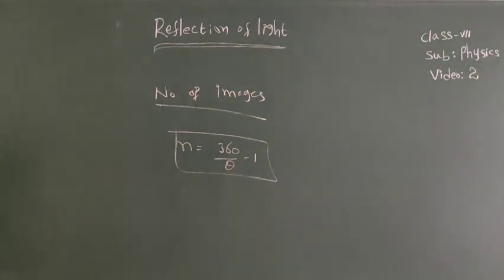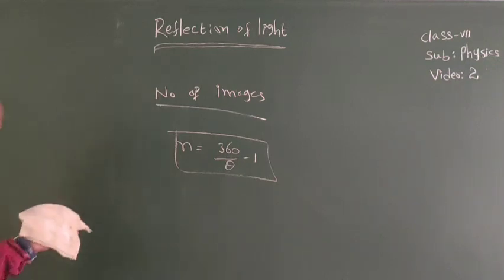The two plane mirrors make an angle theta with each other. The object is placed between the two plane mirrors. Then the number of images is n. Then n equals 360 by theta. It is the formula to find the number of images. If n equals 360 by theta is odd, the number of images is n when the object is placed symmetrically between two plane mirrors.